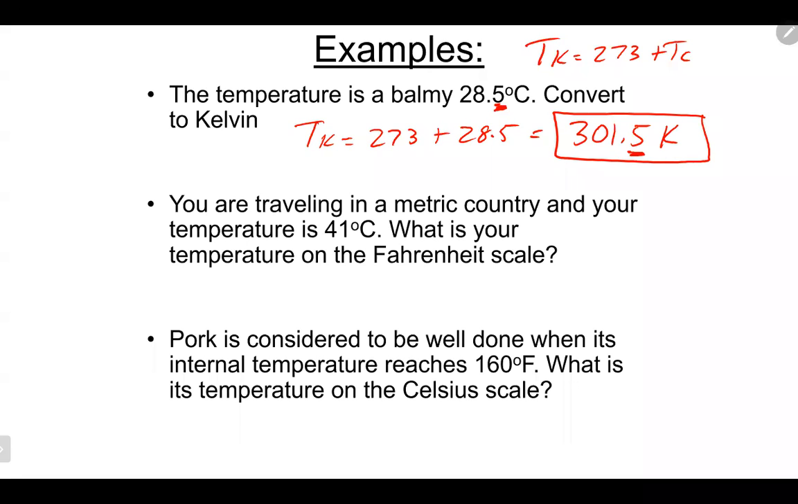Looking at the next one, we have our temperature at 41 degrees Celsius. What is it in Fahrenheit? So this is going from Celsius to Fahrenheit. As we saw on the previous page, our temperature in Fahrenheit will equal 1.8 times the temperature in Celsius plus 32. So putting in our numbers, 1.8 times 41 plus 32, and that will give us